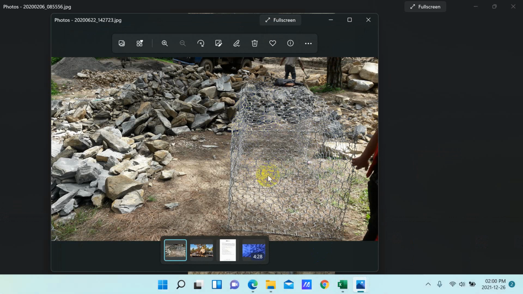This is the typical gabion wire that I have used on the site. As you can see, it is made up of mesh wire, and the connections are made with the selvedge wire. The selvedge wire diameter is a little bit less compared to the mesh wire. And these are the stones that are used in our gabion wall.